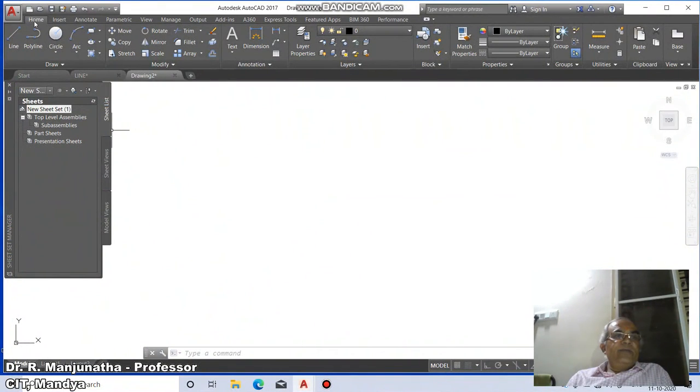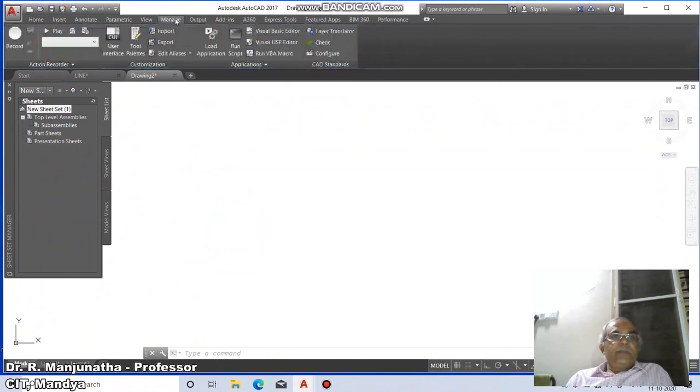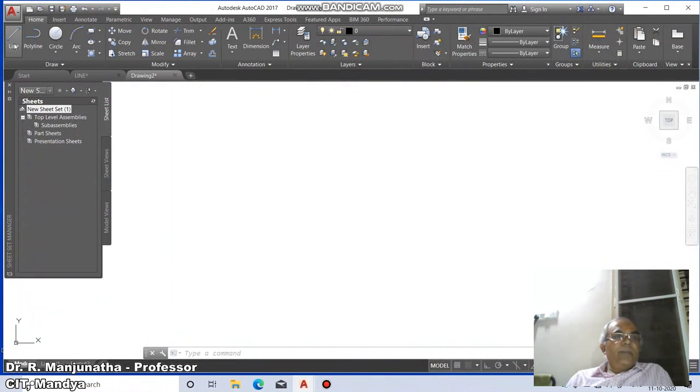And here you can see the pop-up menus. From the home tab, we have commands like line, polyline, circle, arc, ellipse, rectangle, and all those things.